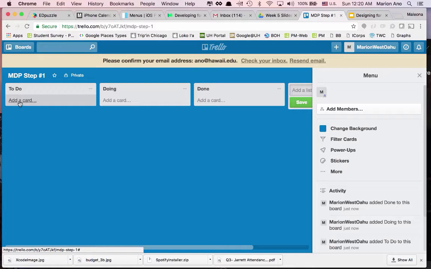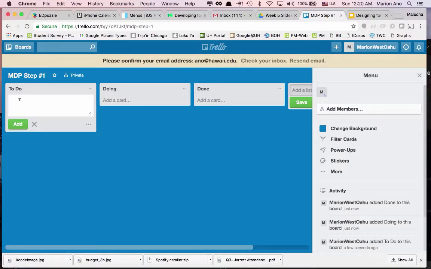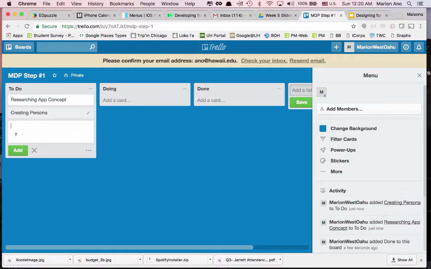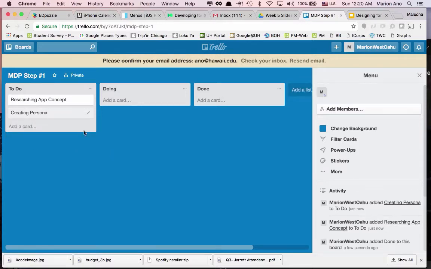Alright, we can go ahead and just add a card for fun. So researching app concept, creating persona. So these would be some of the things that you would be doing as part of mobile design process step